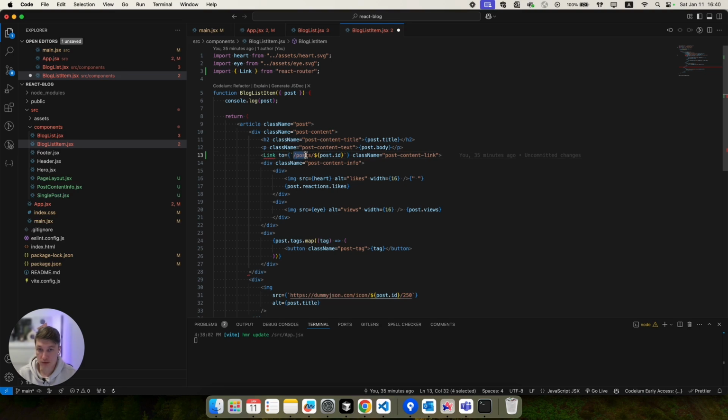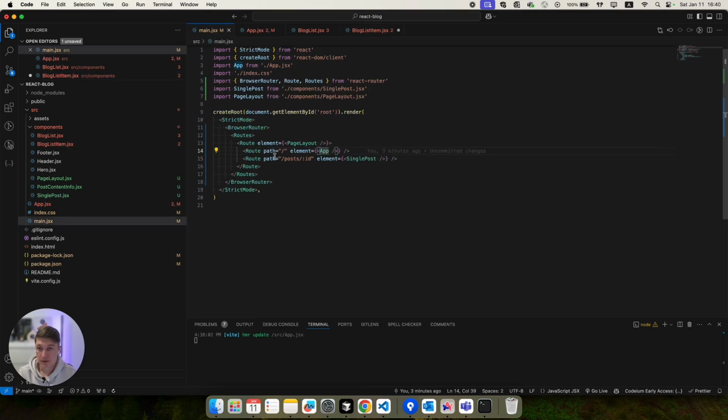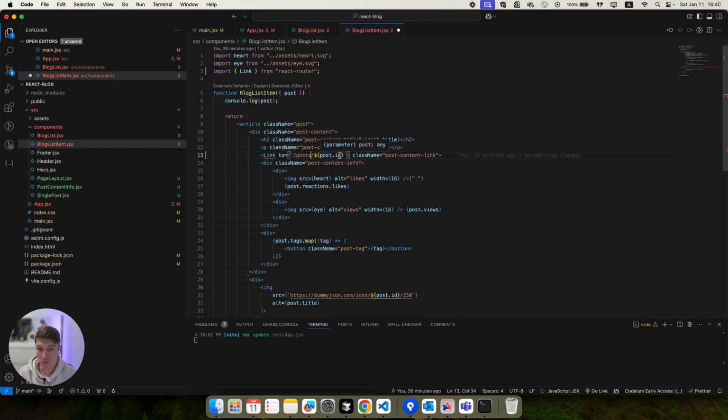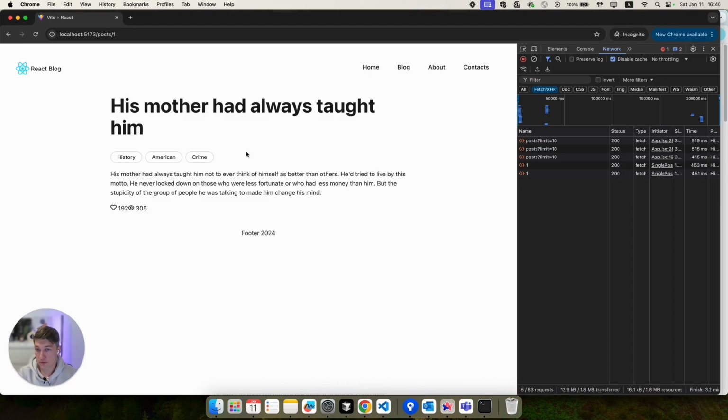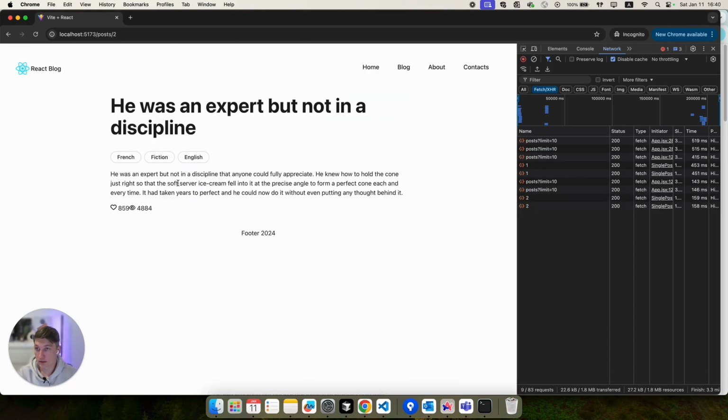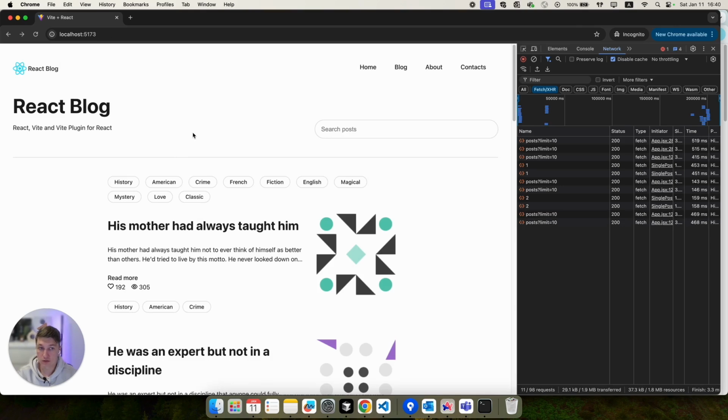So you can see that we type here the same route that we have in main.js6, like this one, but instead of the placeholder ID, I will add the actual ID of our post. So for each post we'll create the correct URL. And I will add a read more link. Now we have the read more link, and we can open the single post page, and as you can see, it works like it should work in a single page application.